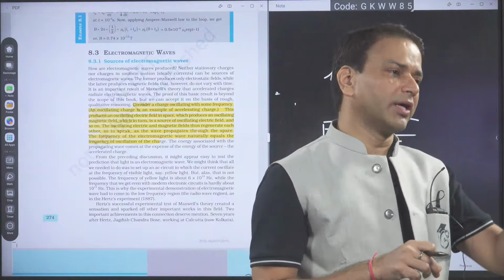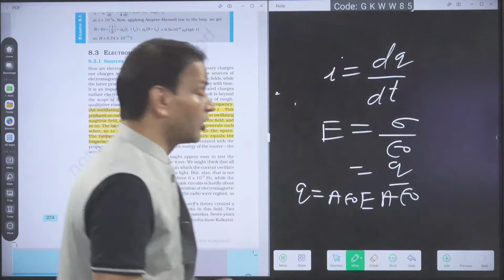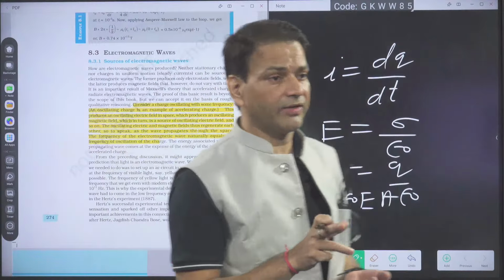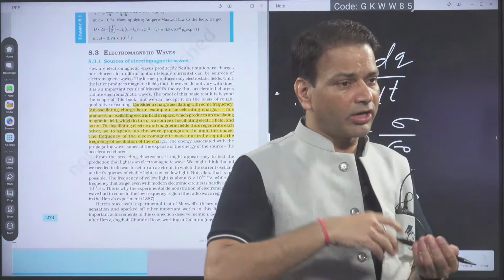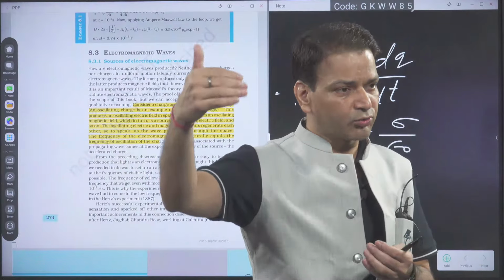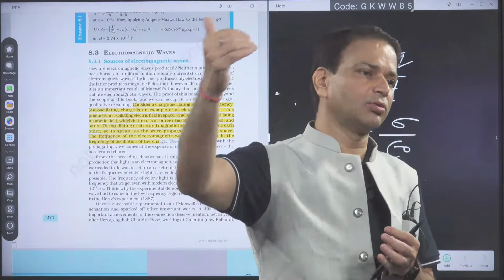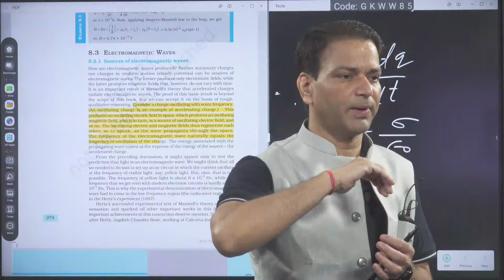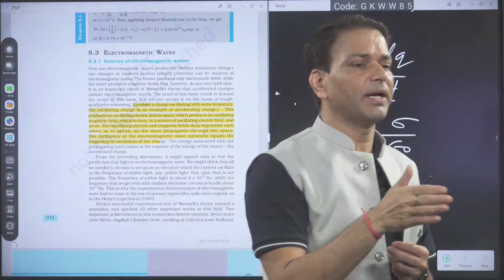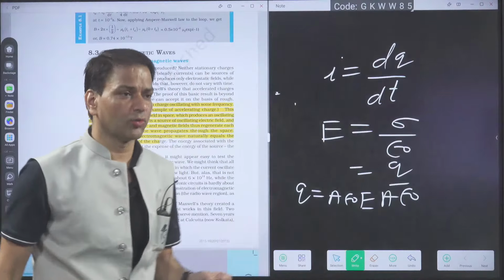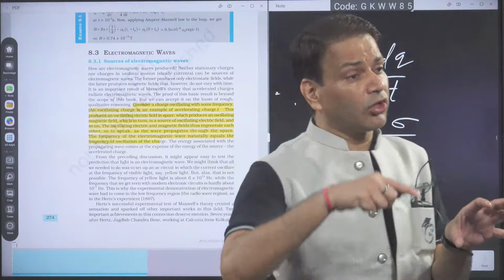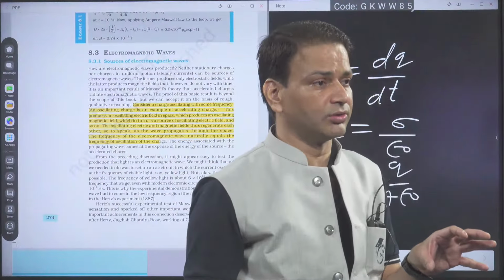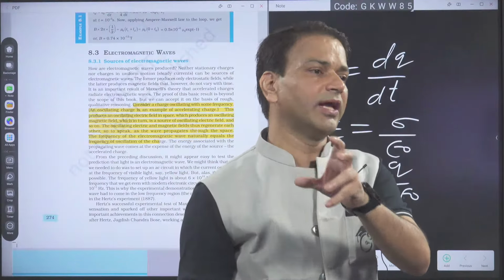Second thing, already in NEET they asked in this line, who is the source of the EM wave? Oscillatory charged particle or accelerated charged particle. So what frequency of EM wave will they produce? Frequency of oscillation of the charged particle. Suppose I am saying any charged particle is oscillating with frequency f. Then what is the frequency of the EM wave it will produce? The EM wave it will produce will have the frequency f.